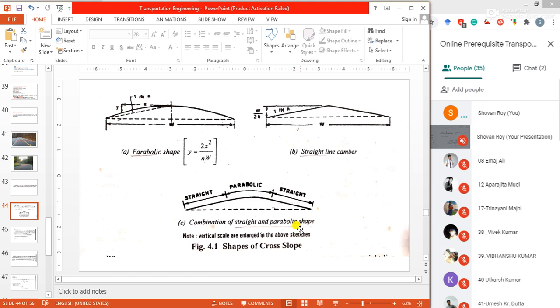Parabolic or elliptic shape is given so that the profile is flat at the middle and steeper towards the edges, which is preferred by fast moving vehicles as they frequently cross the crown line during the overtaking operation on a two-lane highway. So in this figure, suppose